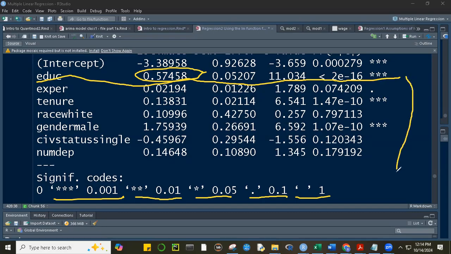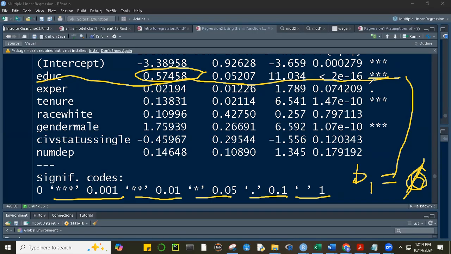Anong tinetest natin dyan? Ang tinetest natin dyan na si B, this is your slope, okay? Si B, this is B1, tinetest natin to, that B1 is equal to 0. Ang sinasabi natin, si intercept 1, si slope 1, which is education, is equal to 0. So, since our p-value is significant at 0.001, ibig sabihin,